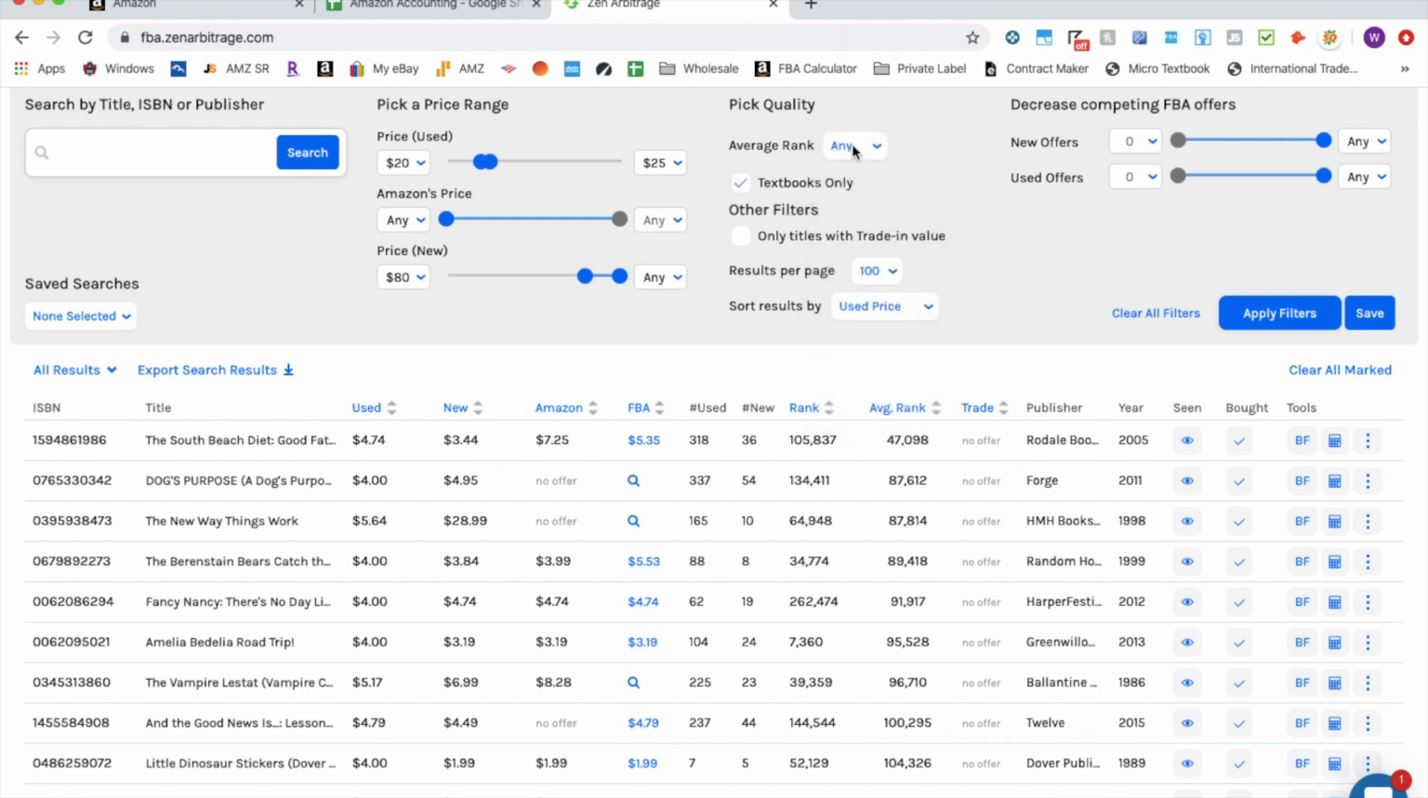So as far as rank goes, I like to stay under 750K. I'm going to click textbooks only, and then for used offers, I'm going to go to 60. And what that's going to do is weed out the ones that have a ton of used offers. Because when there's a lot of people on a listing, the price is going to tank really fast, and you don't want that. So now that we're all set up there, we're going to go ahead and apply our filters